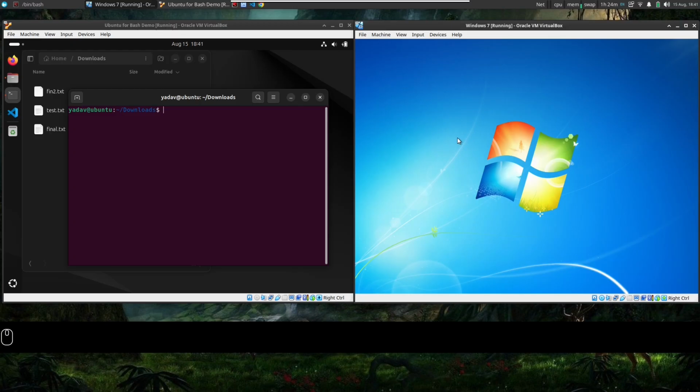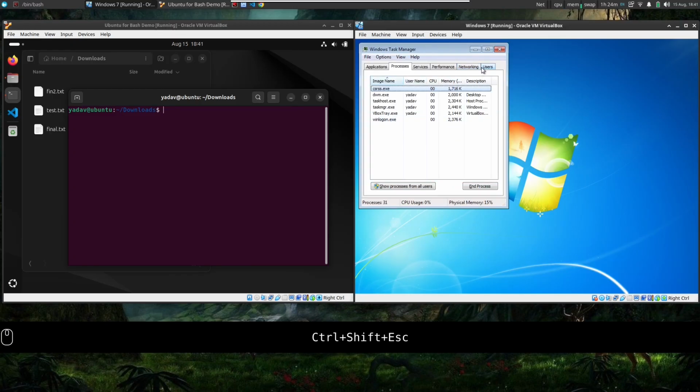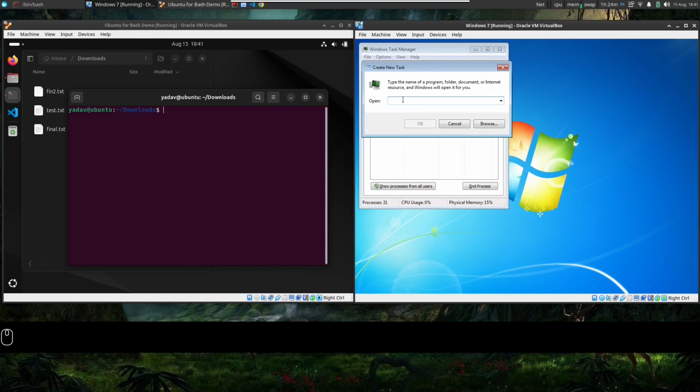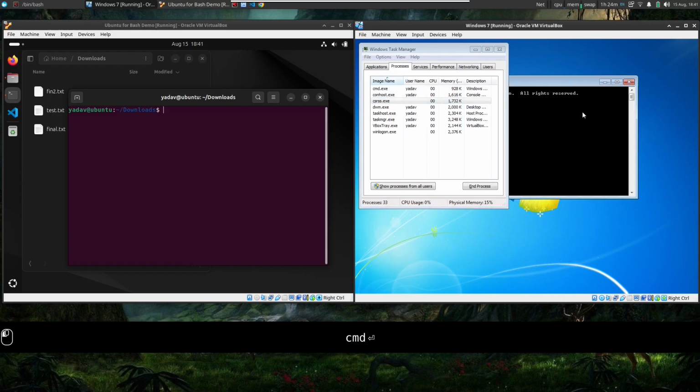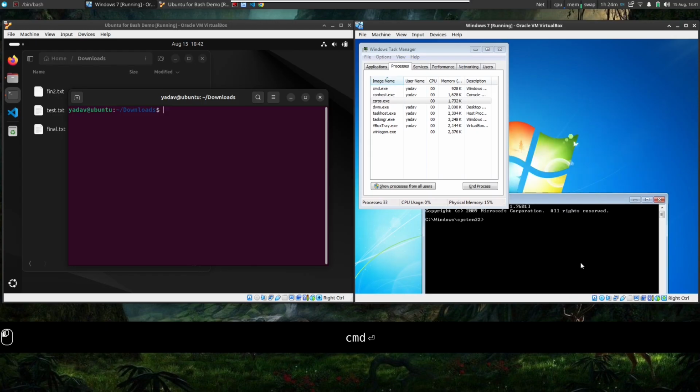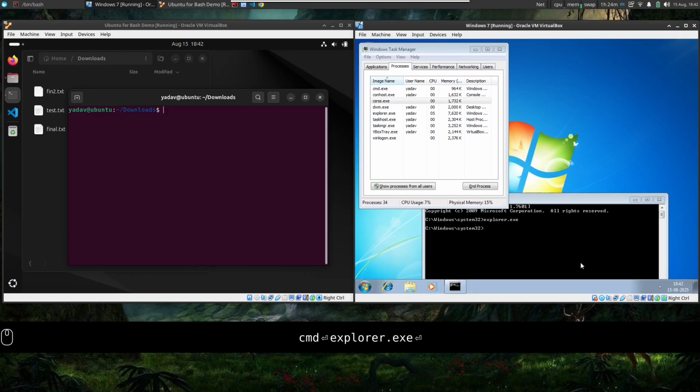So that is just a process which is showing you the graphical user interface. If you want to restart that process, what do you do? Press Control Shift Escape. Try to run a new task. Open, let us say, CMD. In CMD, you start explorer. See, after typing explorer, it came back.